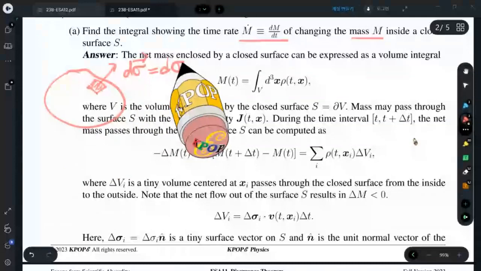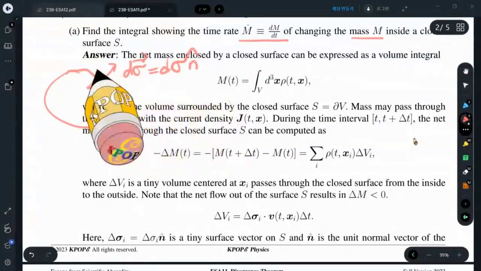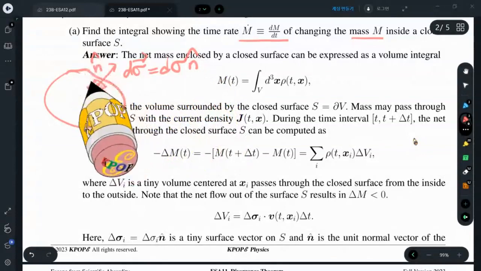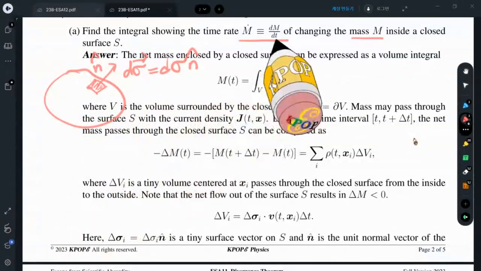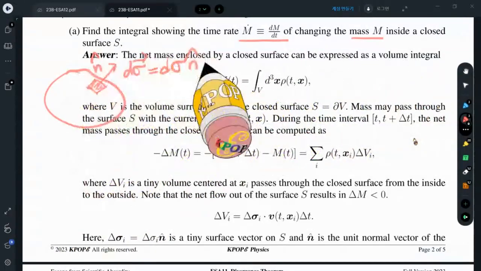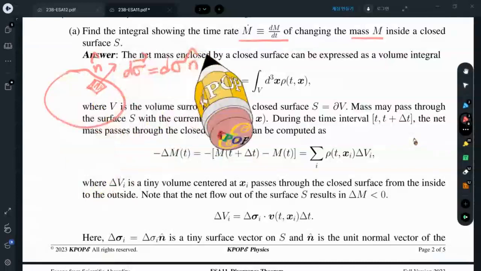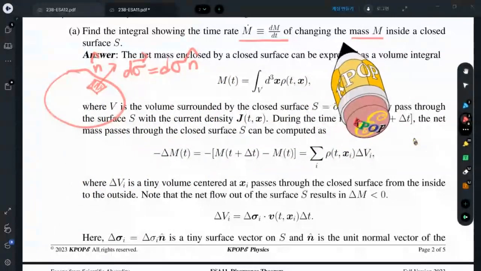It is a product of the area multiplied by the unit normal vector that is perpendicular to this surface. We will find it can be used to find the mass flow, but before we go ahead,